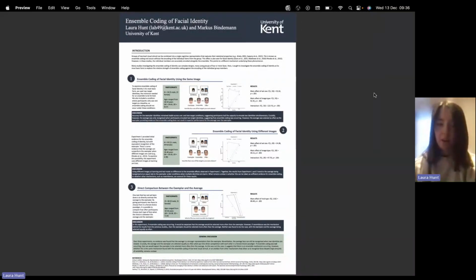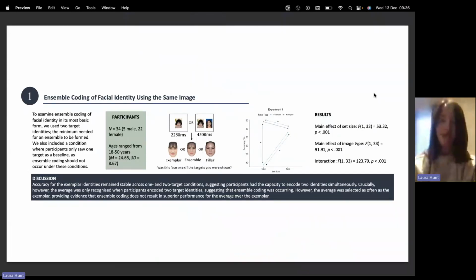So many studies use complex designs with 4 or more faces, so I sought to investigate the ensemble coding of facial identity in its most basic form. In experiment 1, I used a minimum of 2 identities, which is the minimum needed for an ensemble to be formed. I presented participants with 1 or 2 faces to learn, and then presented them with a test face, which was either one of the set members, also known as an exemplar, the ensemble average, or